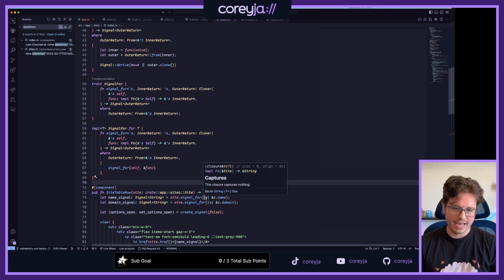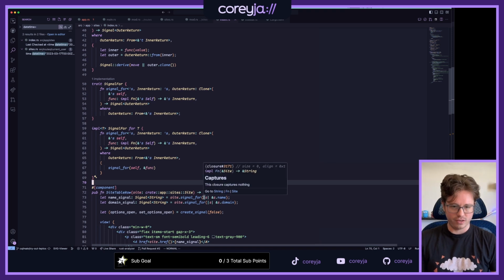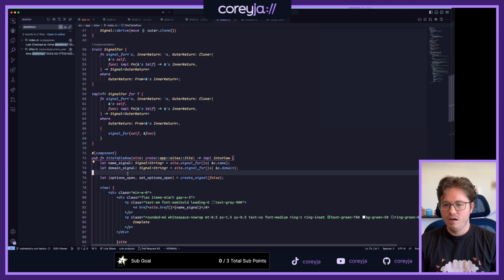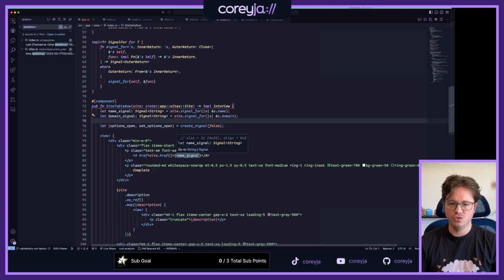Actually, it's not even like that it captures it, right? This isn't a move one and doesn't close over anything, so it's not gonna capture. And then pull the thing off. So then I get a string name signal out of this. And I like this a lot more than having to do this manual. I can do signal for name, signal for domain, and get an actual signal that I can use down here.